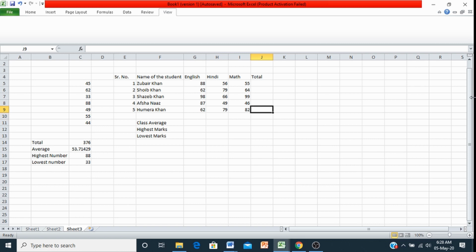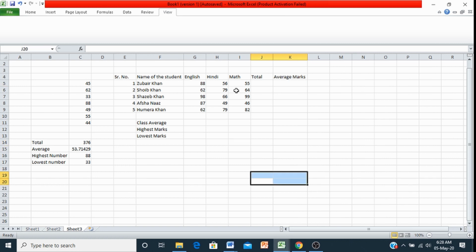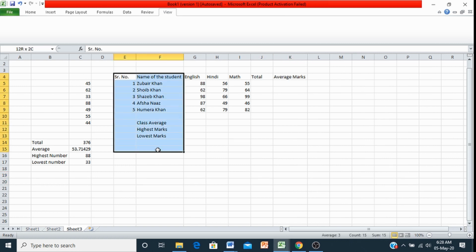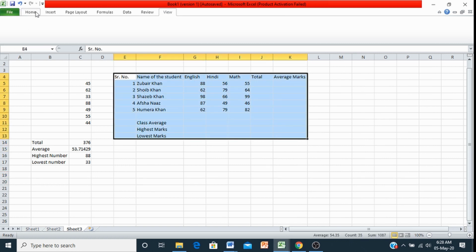Okay. Now here we will calculate total and average, student marks average. I will quickly format this.